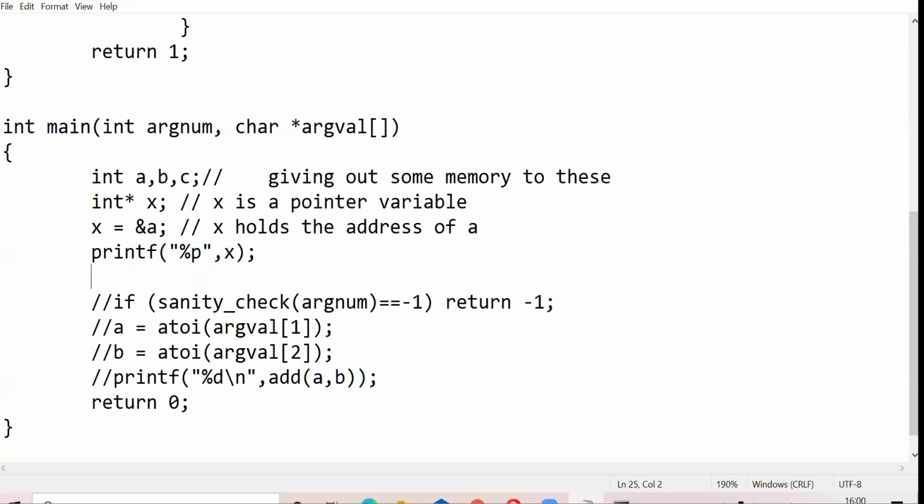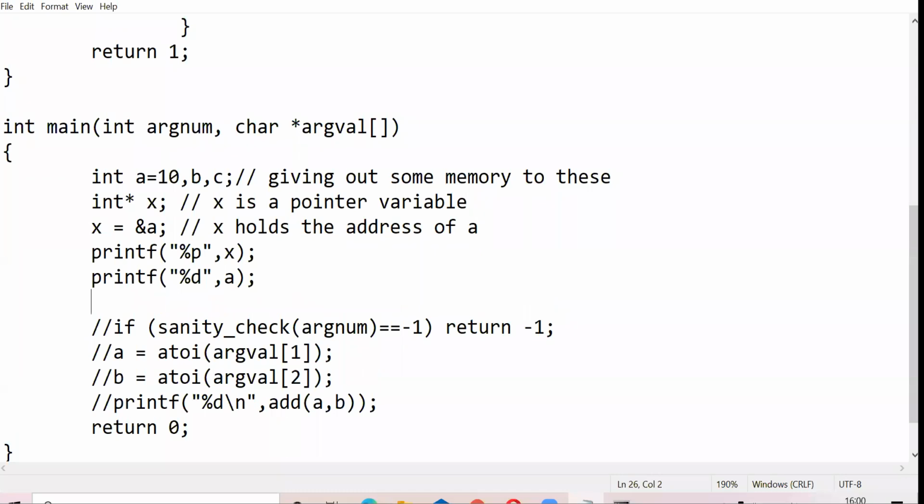Now there is one more thing with the pointer type of a variable. You can also see what is there at that address with the help of the pointer. So assume that I give a value of 10 here. One way to look at the value of A is simply to print the value of A, and it shows me what A is.